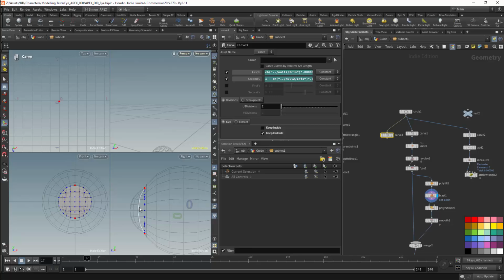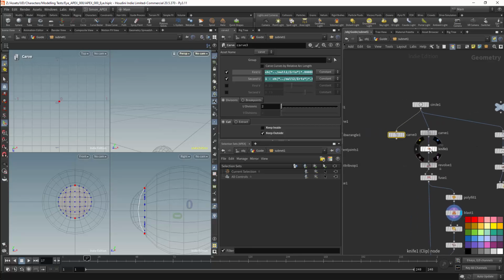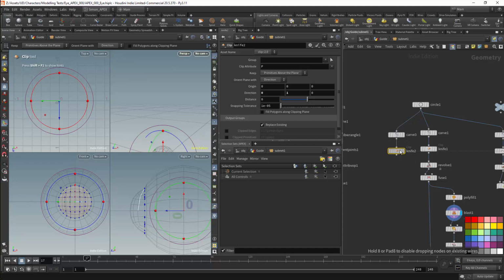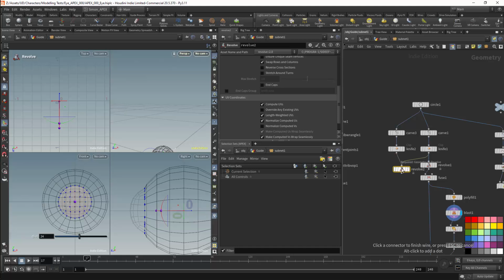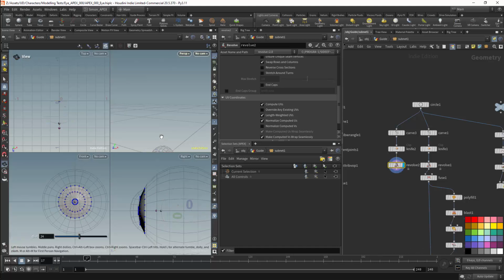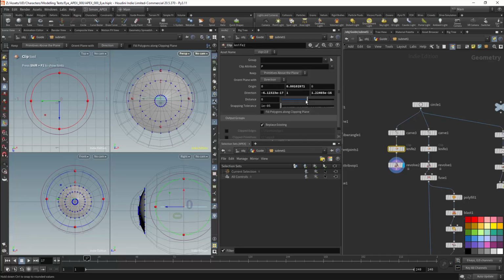For this I'm going to use a knife node. I'll duplicate the knife node which I'm using for the sclera. This will be connected to the carve. I can then raise the carve in Y, and this will create the gap for the pupil. I can then duplicate the revolve node, and I'll revolve my iris in the same way as the sclera. This will give me the geometry for the iris and the pupil, and I can use the knife to dilate